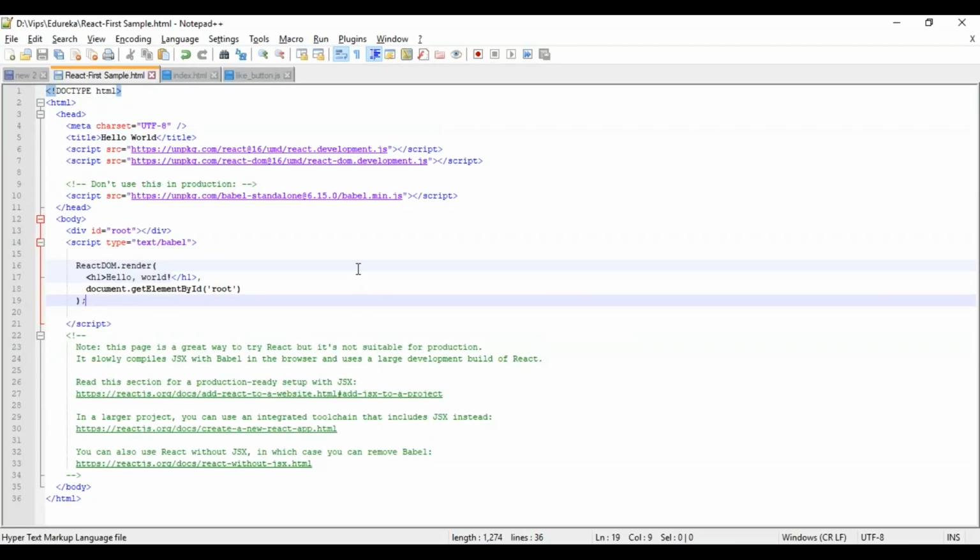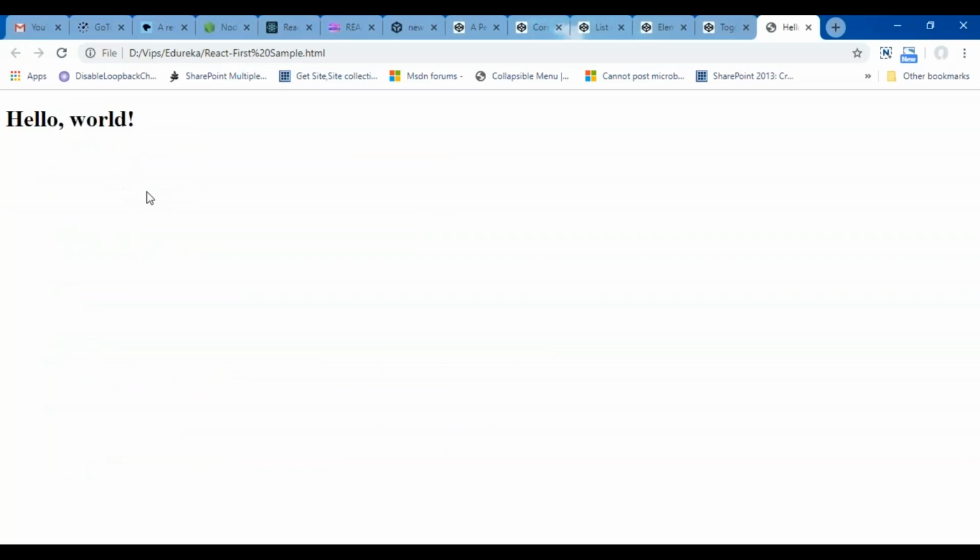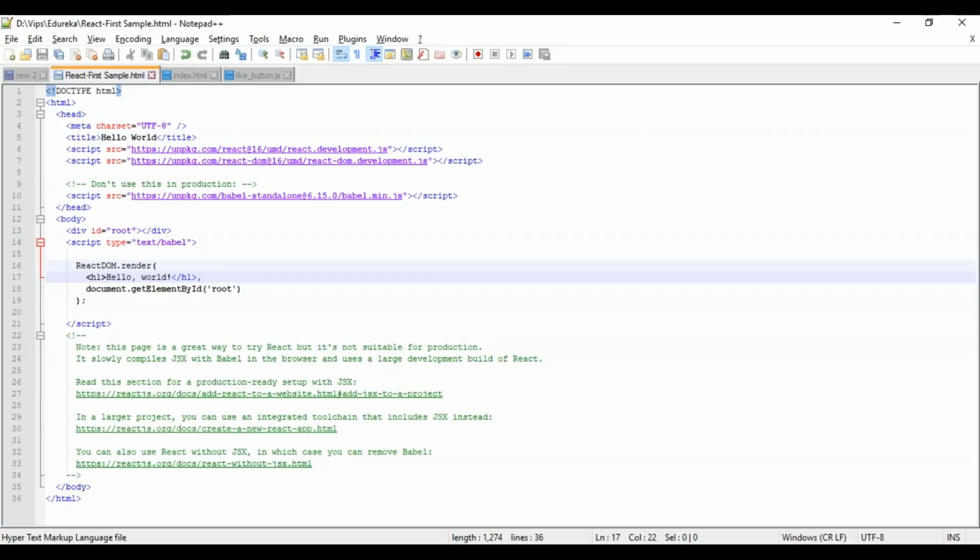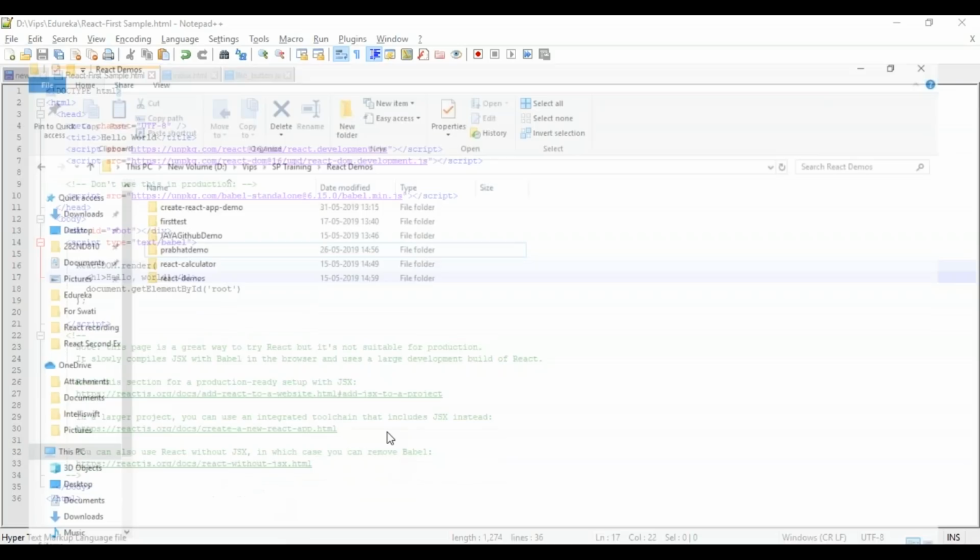This is a simple plain React.js file where I have added the script tags for React.js. One is for React.js, another is for React DOM, and the third one is required for the pre-processing of the JSX component which is used over here. In the h1 tag, I have just written hello world, and that is how it is rendered on the browser. Okay. Now let's check another example. I have one more example to show.